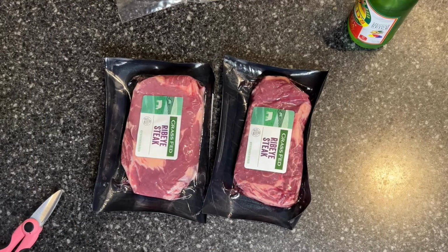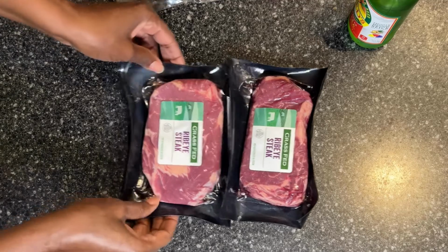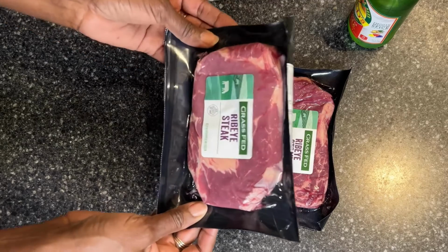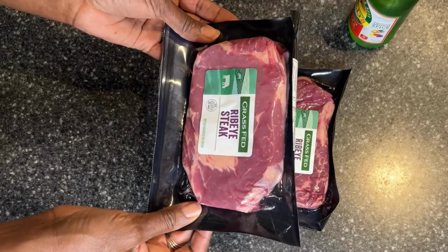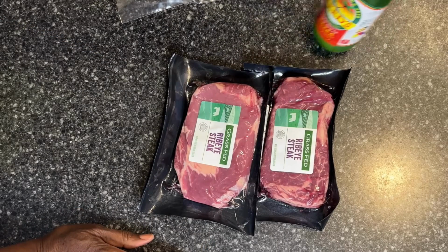I'm Chef Carol NYC, and today I'm going to do a comparison of two steaks, and the question is to marinate or not to marinate. I have two nearly identical grass-fed ribeye steaks that I purchased at Aldi's, and I was able to find